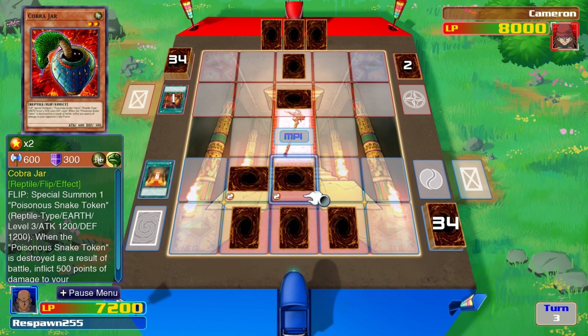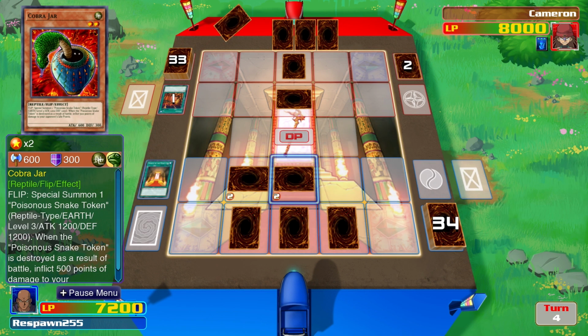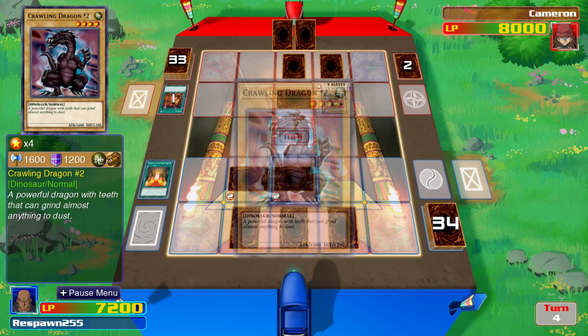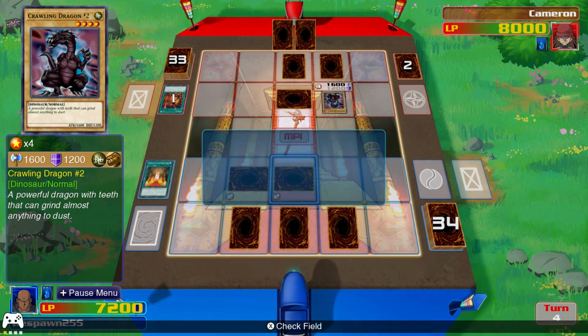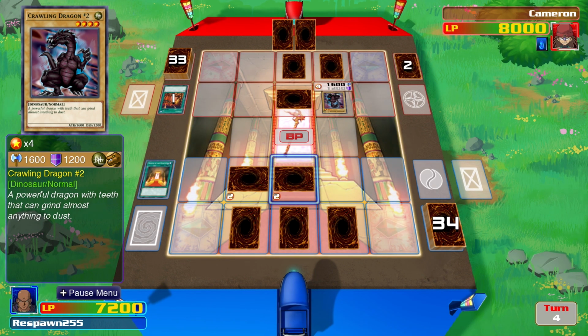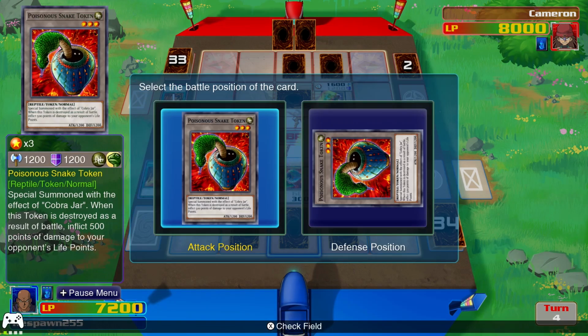And he's put his other Cobra Jar, so technically, because they summon a token when they're flipped up, technically Odion has 4 monsters on the field because the token will plant itself in defense and act as another shield, so Odion is very well protected. Raptor, on the other hand, has just played Crawling Dragon 2. So it looks like he's ready to go on the offensive here, and that's what he does by the look of it. Yep, he attacks a Cobra Jar, flips it up,